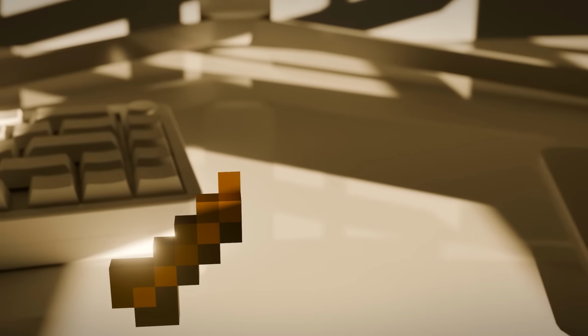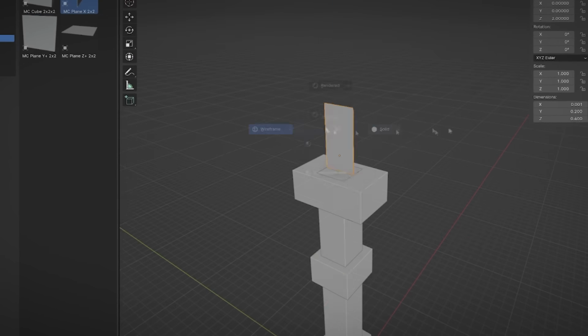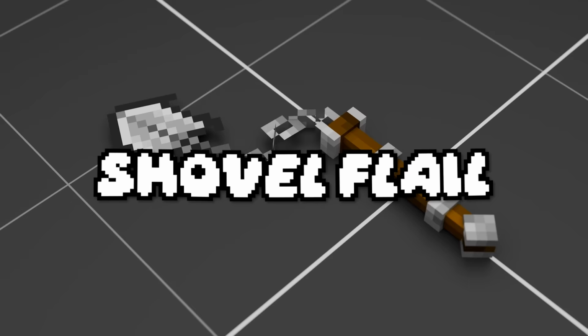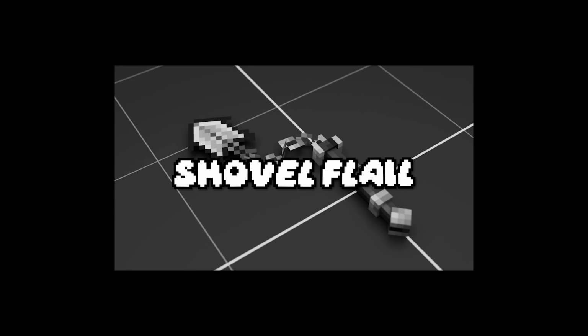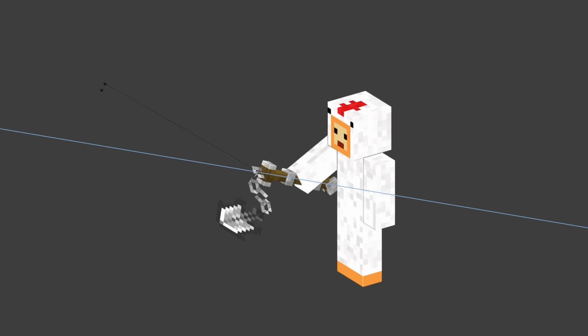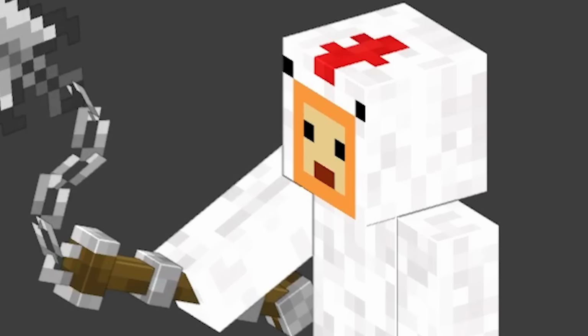Wow, great start. It's not really a complicated item, so I decided to keep it simple with a 3D handle, metal grips, a chain, and a slightly more dangerous shovel head. I call it the shovel flail. Real creative name, I know. I think it would work like a normal shovel, but if you hold right click, you start twirling it around like a madman, which is useful because...